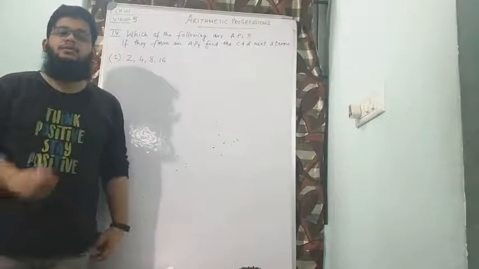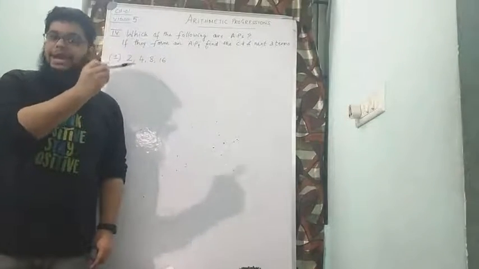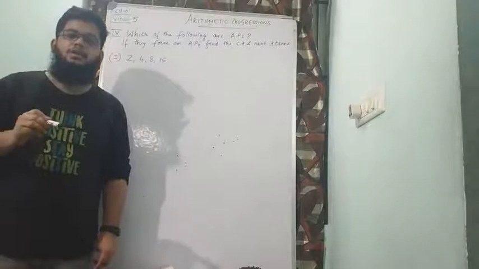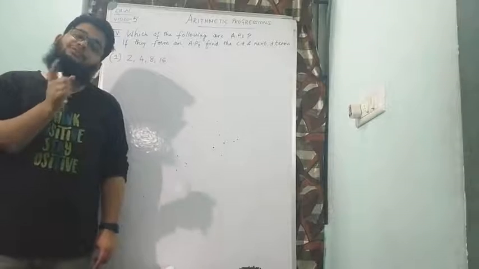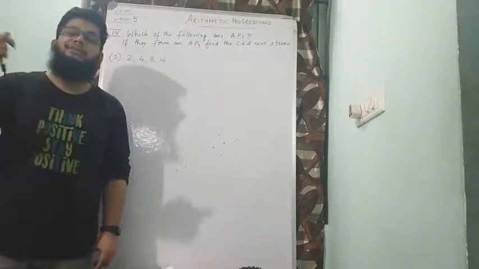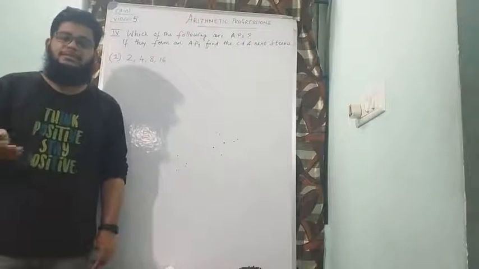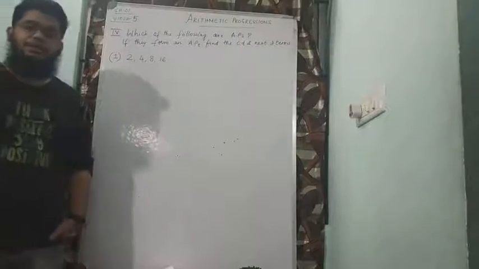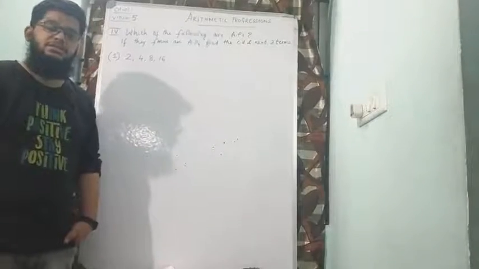First main speaks about if A and D are given, find out AP, which is A1, A2, A3 and A4. And the third main speaks that if AP is given, that is A1, A2, A3, A4, etc. is given, then find out A and D. They are quite opposite but still same. But right now we will be starting our fourth main in the exercise, our first exercise, which is 1.1.